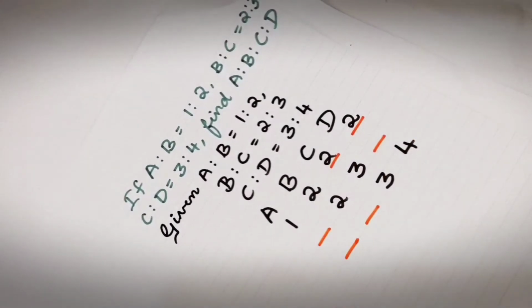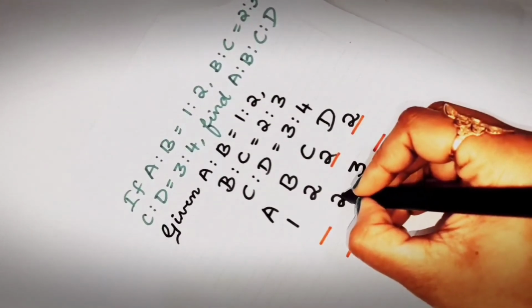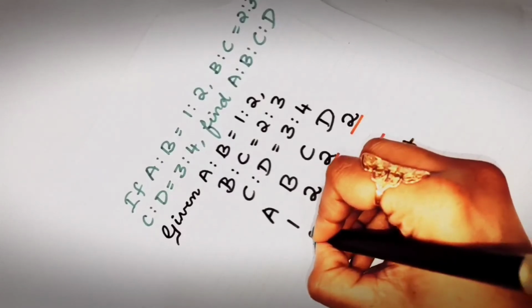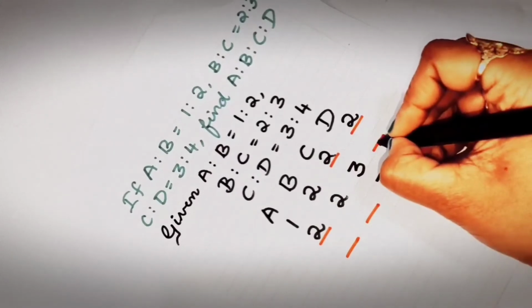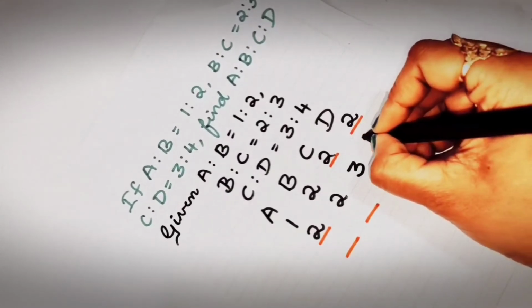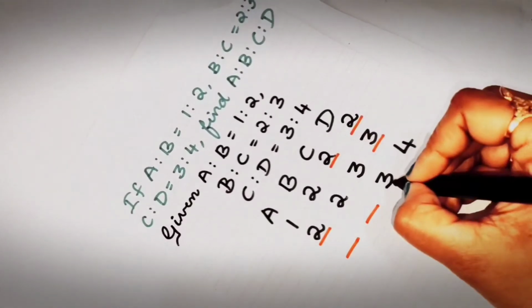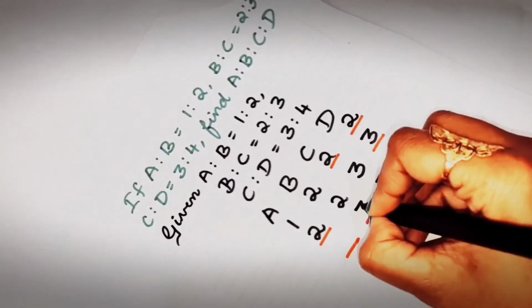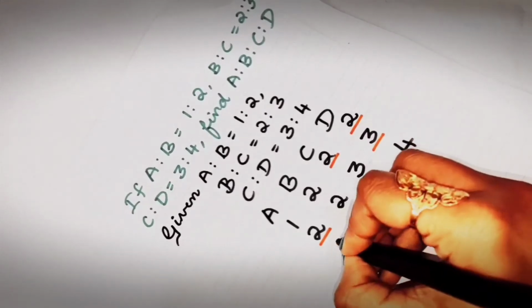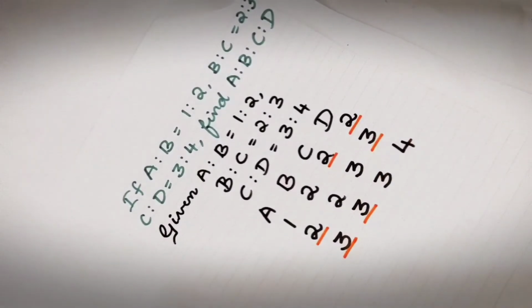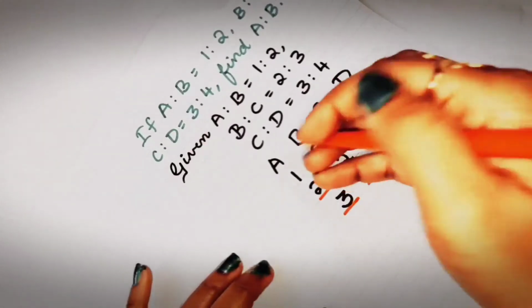In the second row there is a blank space before 2. Hence 2 will occupy that blank space and one more blank space after 3. Therefore 3 will occupy that blank space. In the third row there are 2 blank spaces before 3, as a result of which 3 will occupy both the blank spaces. So this is how the blank spaces are to be filled. They are to be filled with the numbers appearing immediately before it or immediately after it.